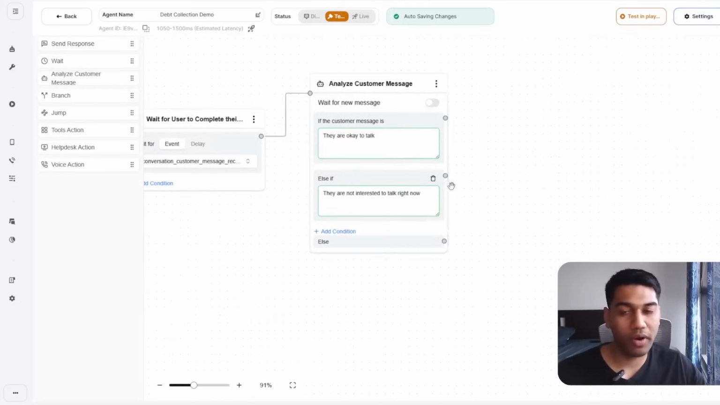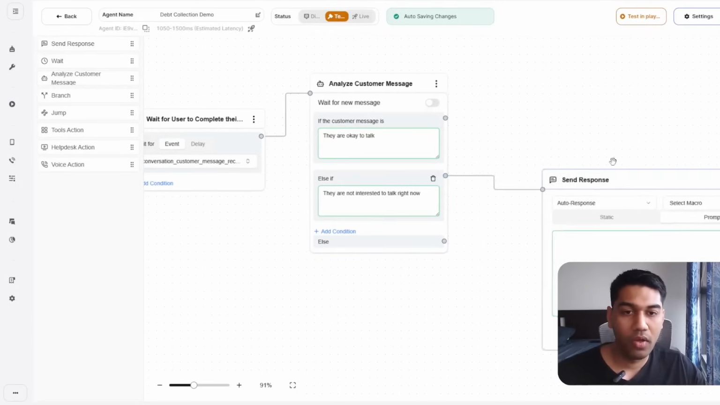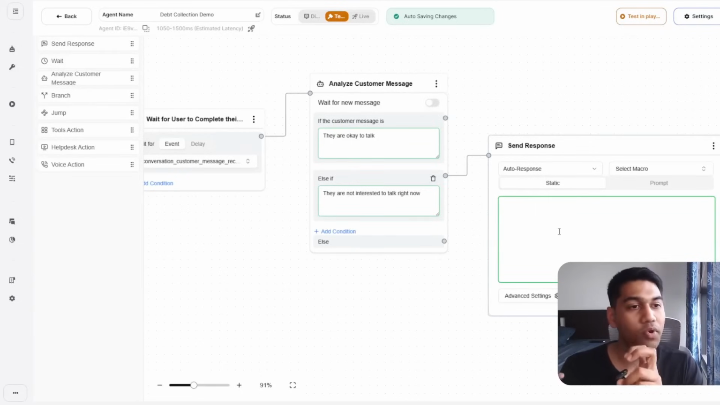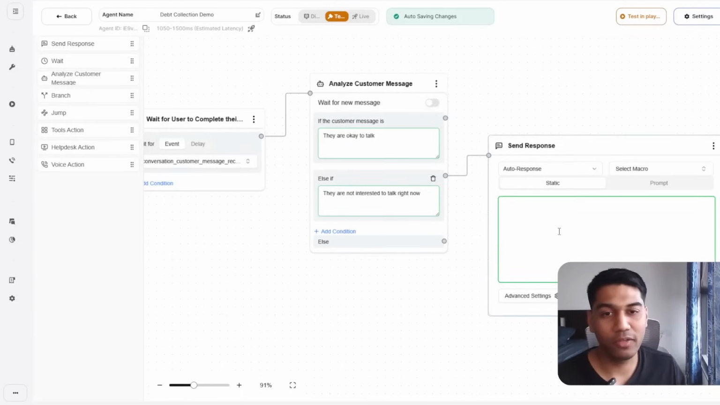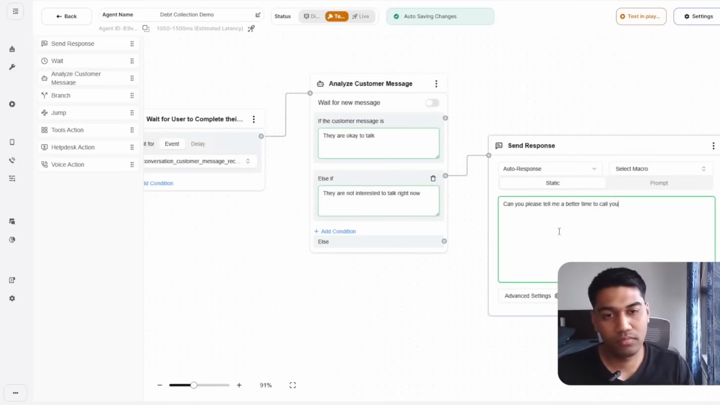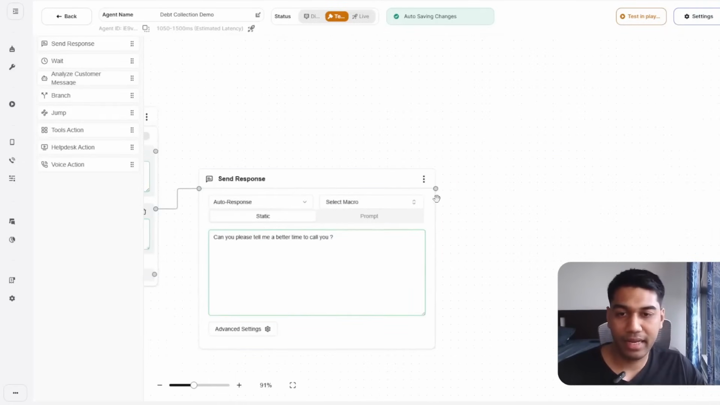But also if they're not ready to talk, and that could be the case, we're just going to put this, right, and drag a send response. I'm going to make it static, because if the customer is not ready to talk, just make sure that you are also thinking about this from the perspective of your token usage and the AI usage. Here it's technically a simple message. I can just say, can you please tell me a better time to call you? And we're just going to ask that, and then from here select another option, which is to analyze